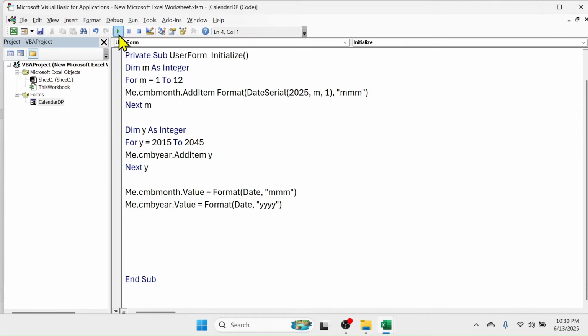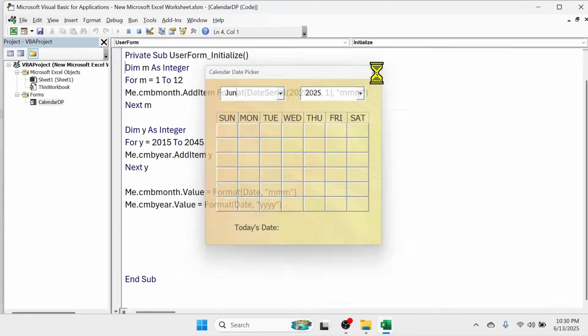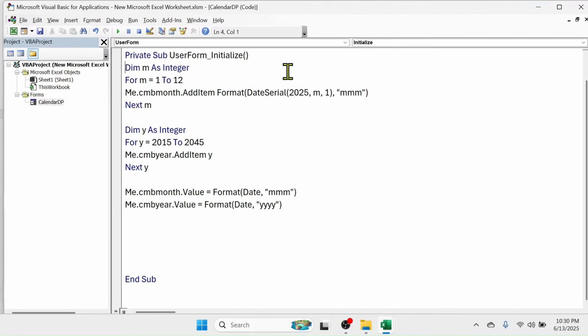Now if you run the code, here you see in the month combo box the current month is given, and in the year combo box the current year is given. Next we have to display here today's date. For that, close this calendar, go to the UserForm_Initialize procedure, and here the code is